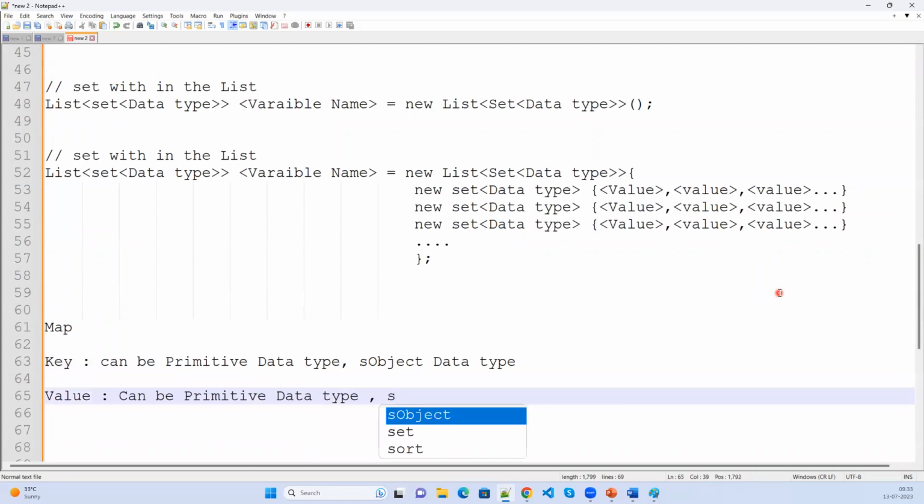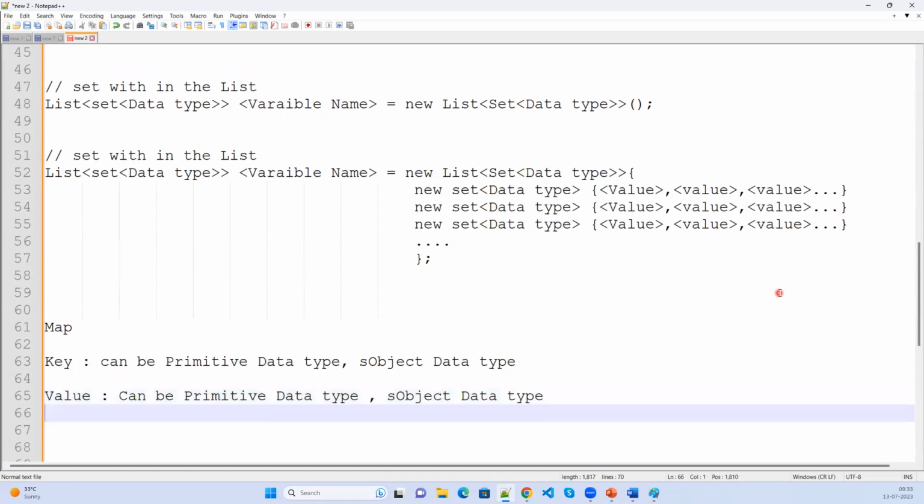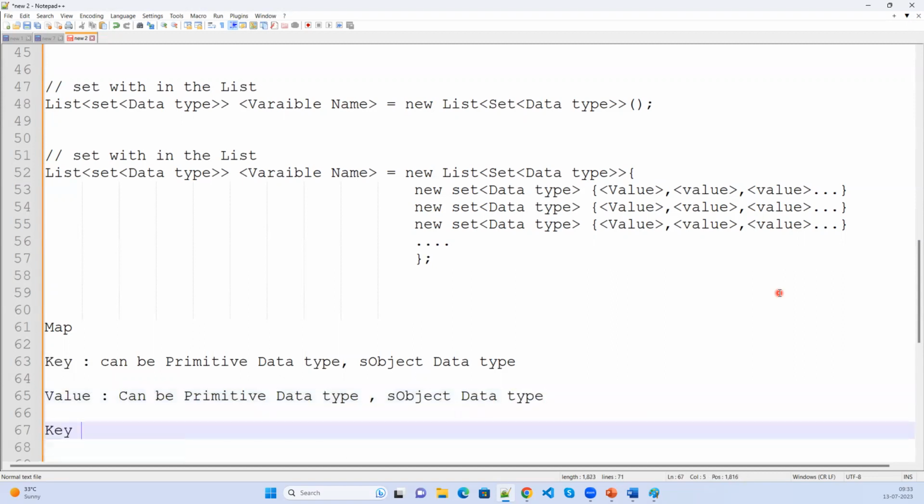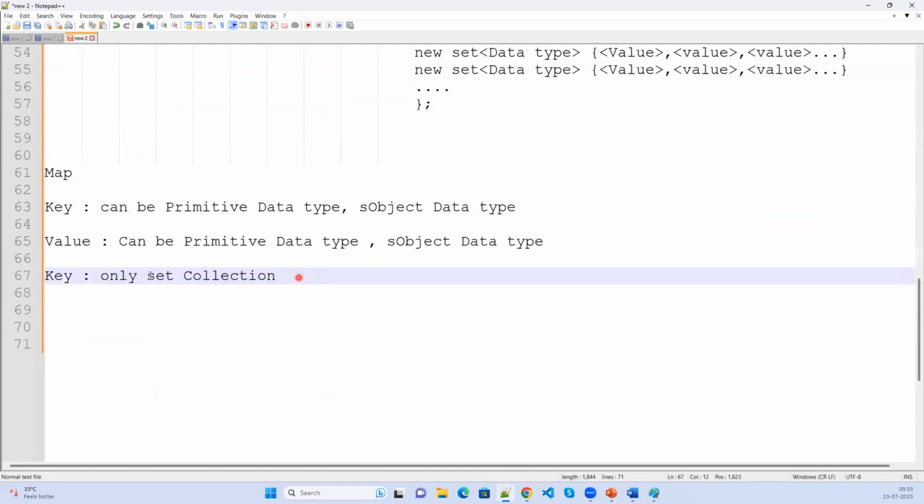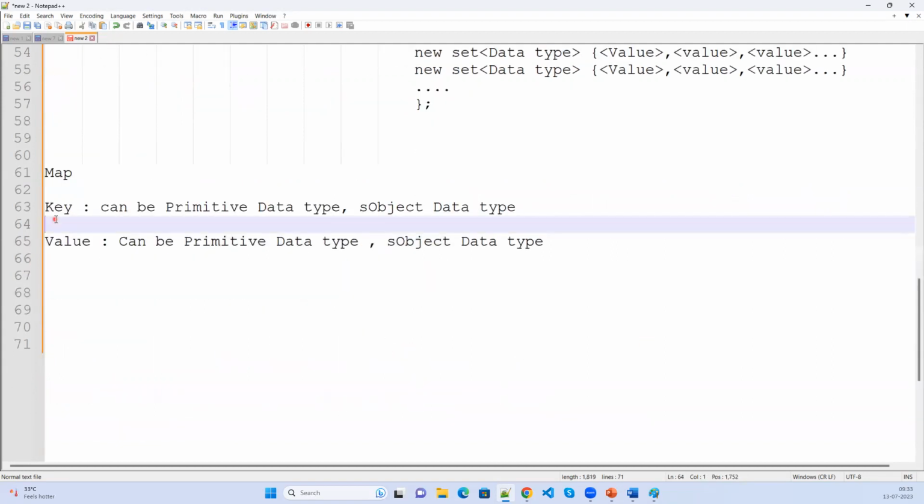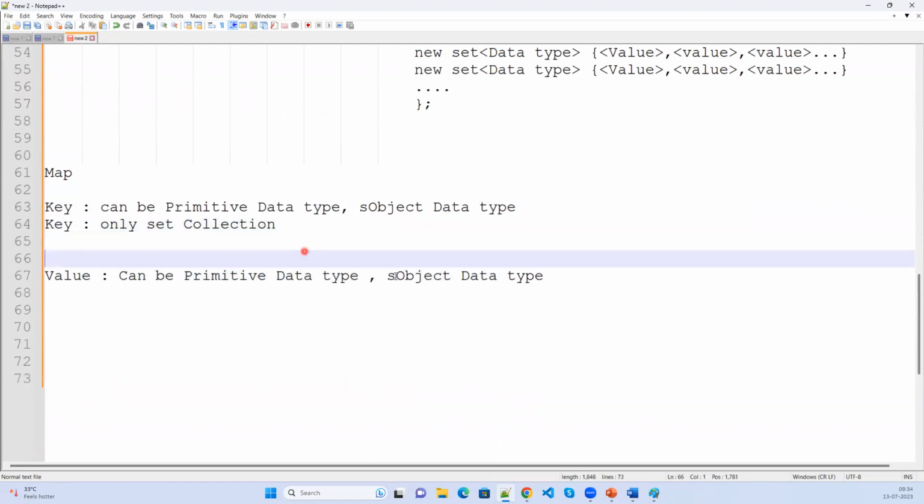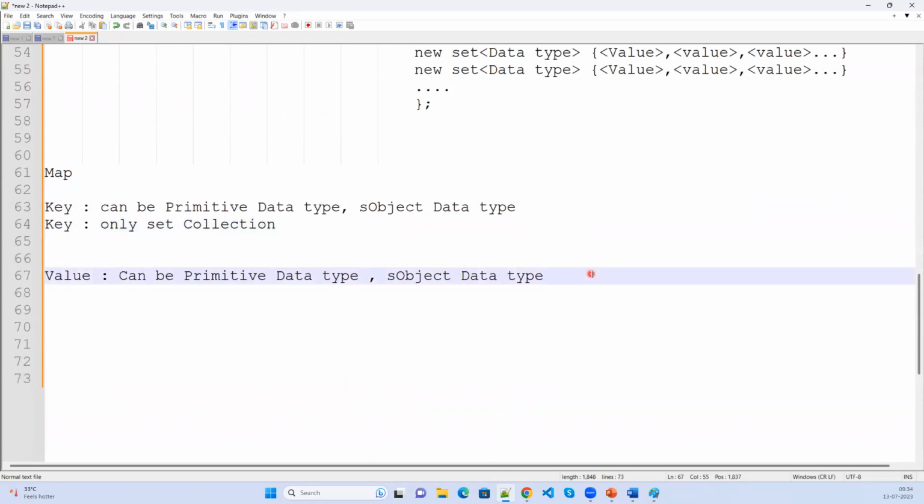S object data type. Inside the key, we can use the collection. Only set collection we can use it. In key, we have to use only set collection. Whereas in the value,